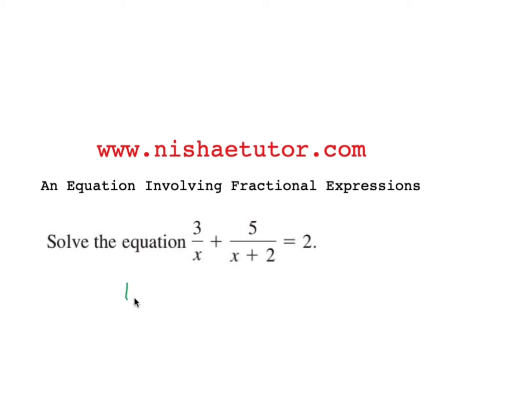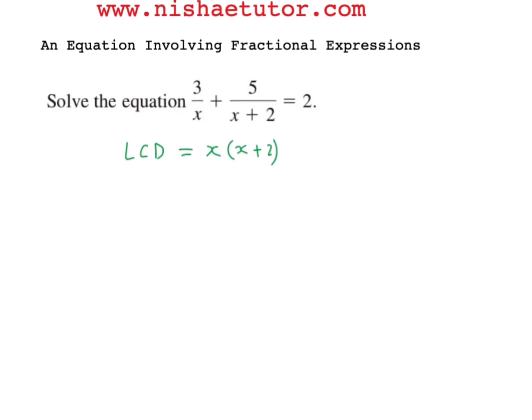The least common denominator, or least common multiple, of these is x times x plus 2. So we multiply both sides by this. Okay, so 3 upon x plus 5 upon x plus 2